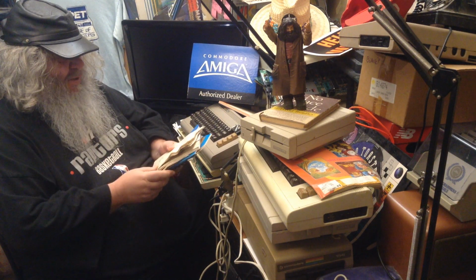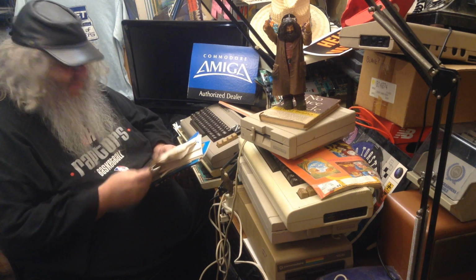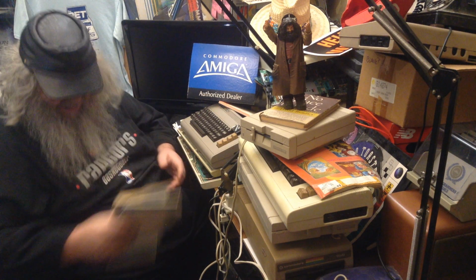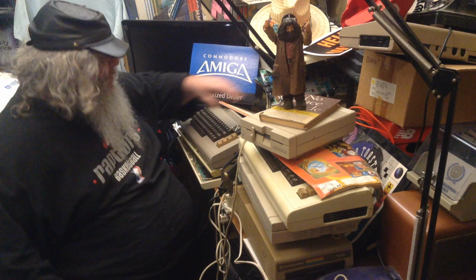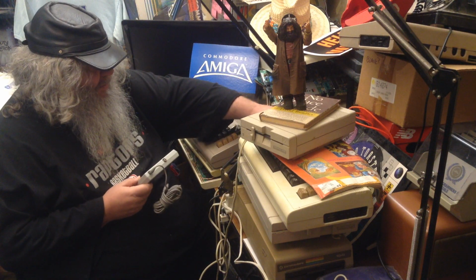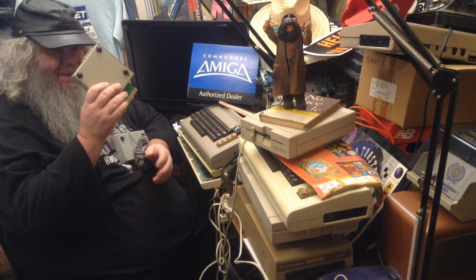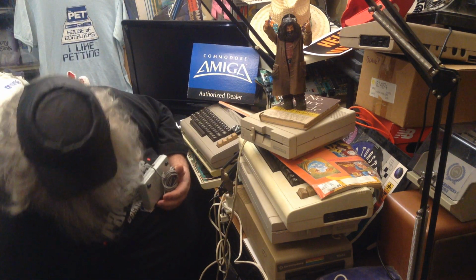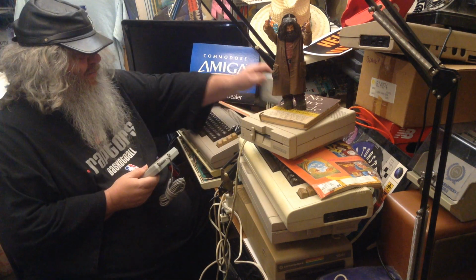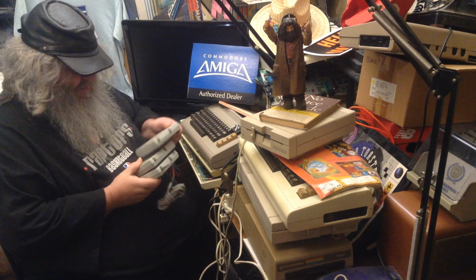Here's a refreshing one. I must have got this somewhere later on, like a BusCard BI80, and it says on it "sold as is." Maybe that's because the manual is yucky, or who knows. So, in terms of the BI80, oh yes, mysterious interface. I think maybe Lieutenant Colonel, but I think I have another one of those. I don't know. I've accumulated things over the years. So it looks like maybe three BI80s,